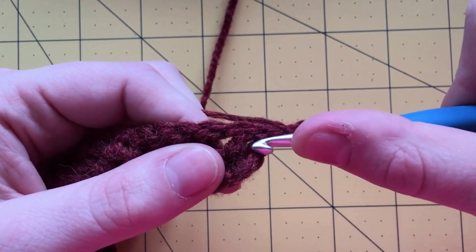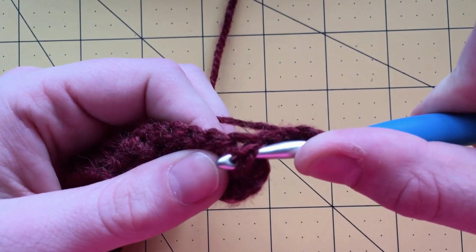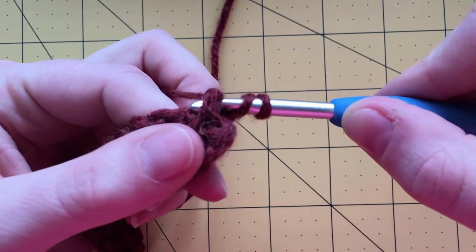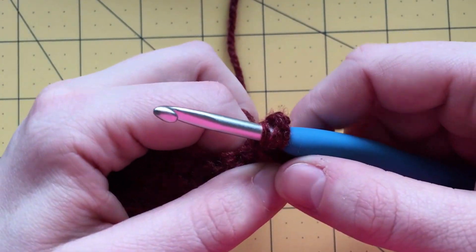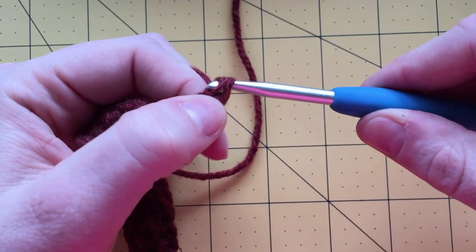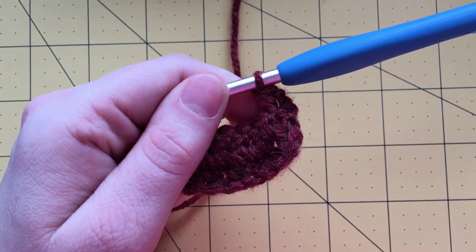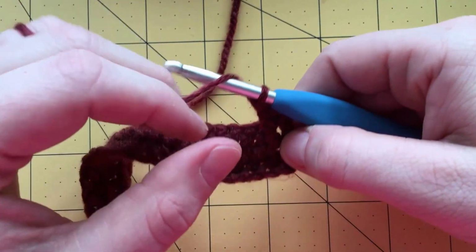This is the post of the crochet. So you're going to insert your hook so that it goes around the back of the post, grab the yarn, pull it around the way that you came, and then yarn over, pull through two, yarn over, pull through two, and that's a front post double crochet. So we're going to do one of those to make the beginning of our waffle stitch,